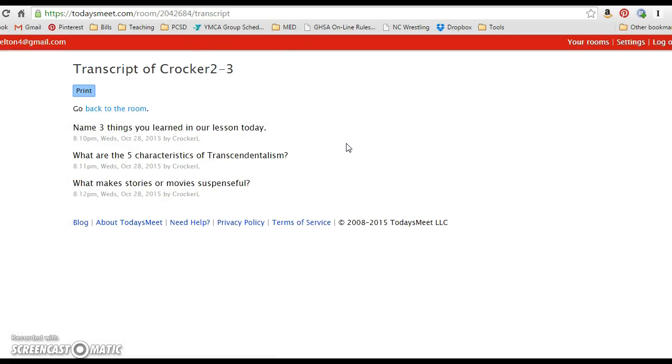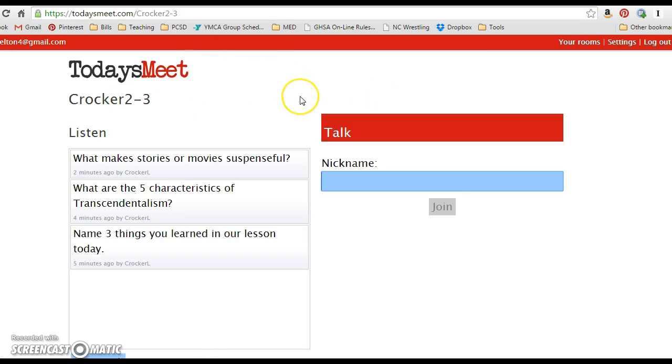So that is how I generally use Today's Meet. My kids like it. It took a little bit of getting used to the first time that we used it. I had to get them in the hang of, okay, make sure you're not putting in silly things. Make sure you're actually participating. Make sure you are doing what you need to do